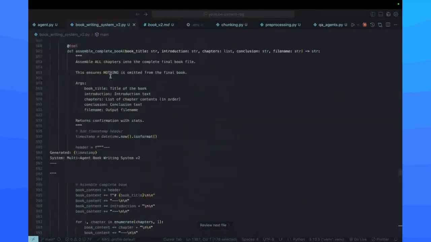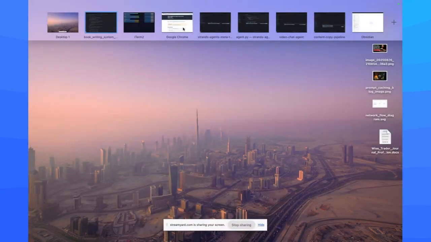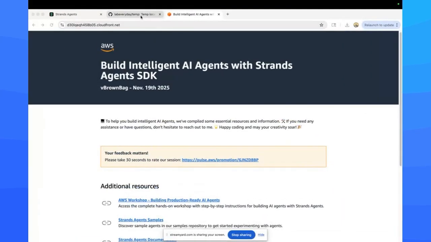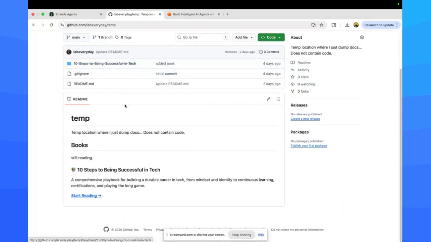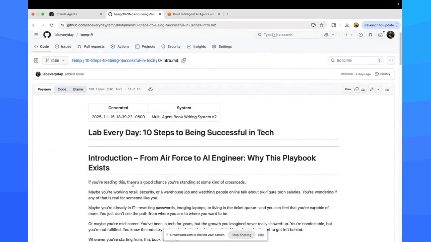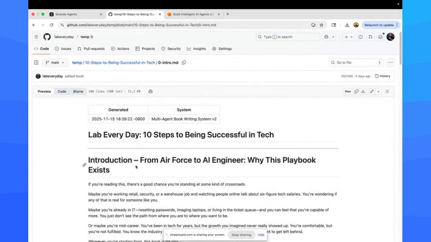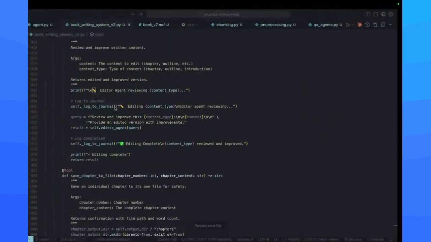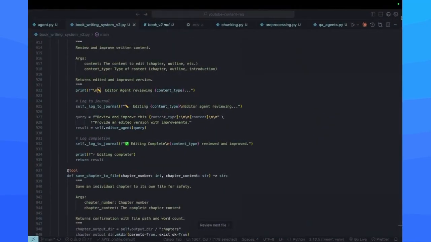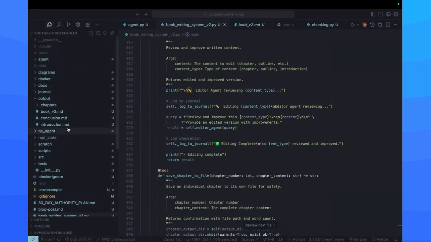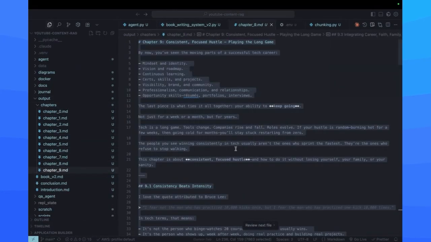Are you writing a book? I wrote 2 books with my agent. This book is called 10 Steps to Being Successful in Tech. Nice. If we go into the system and look it up, this book is about 9 chapters.